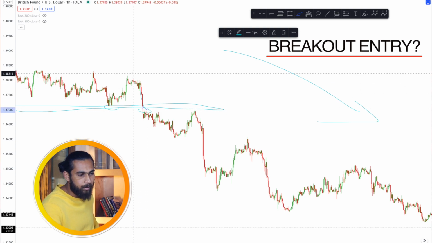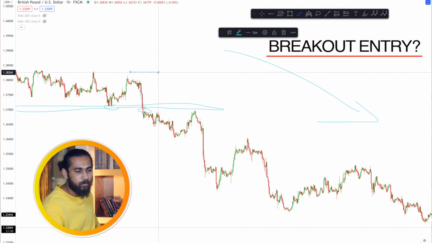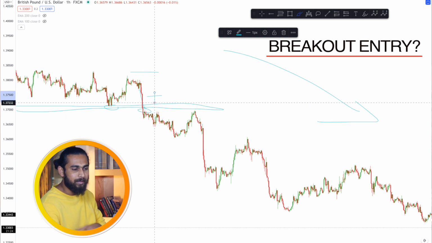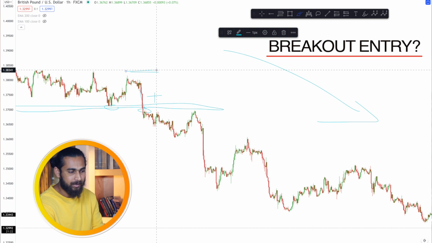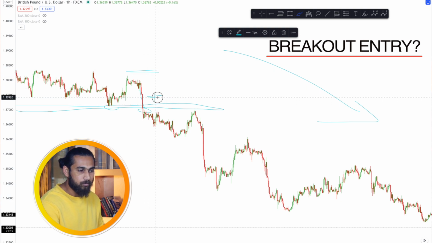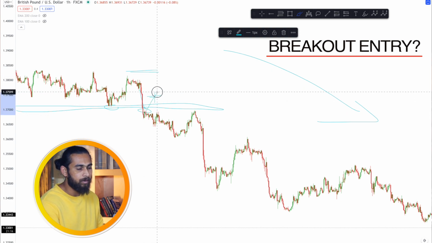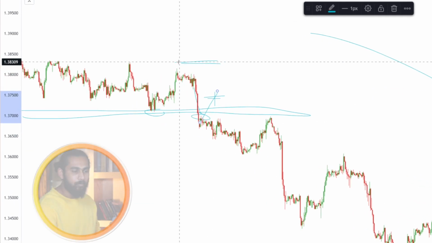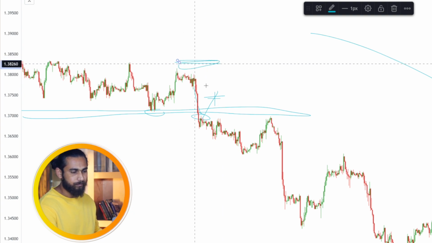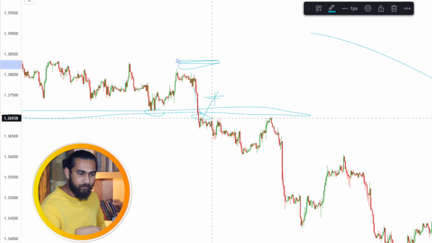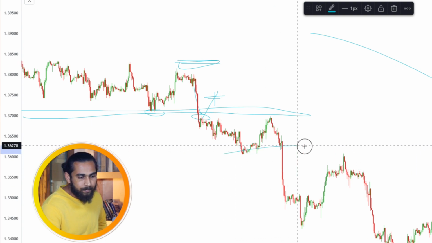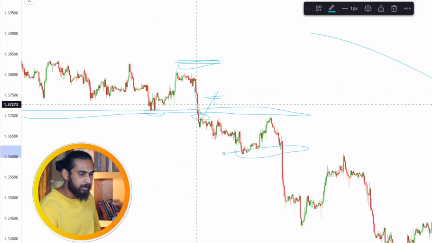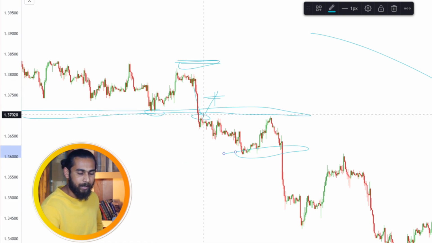Our stop loss will be above this, which will be a safer stop loss, and you can also keep somewhere near here, but the best and the safest stop loss will be here, which will make sense, because if you keep your stop loss over here, it can just move, then again create a lower high and then take your stop loss and then move down. It will be better to keep your stop loss above this high. So this will be your breakout entry, where you enter after the price breaks below the low, like it happened over here. When the price creates a new low, you will enter over here.